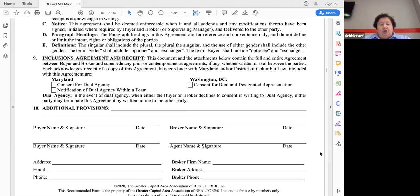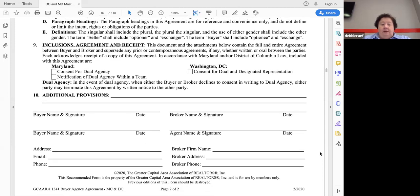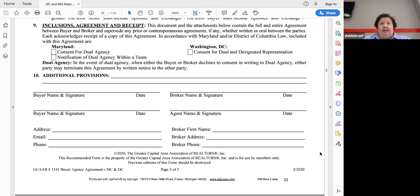So if there are any additional provisions as a buyer that they need to make clear, what I suggest, if you're someone working with transaction coordinators or assistants on a team, and you have a buyer who has a very specific need, for example, that they only want a condo, say, in Rockville, or they only want a condo in Montgomery County,